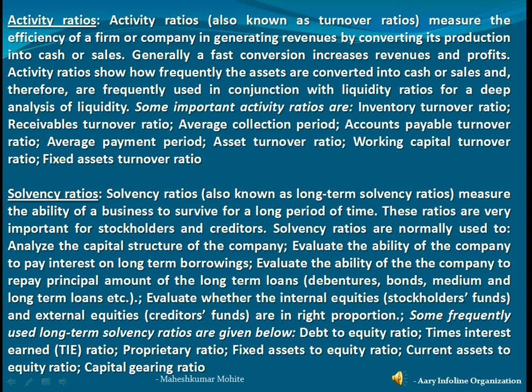Solvency ratios are normally used to analyze the capital structure of the company, evaluate the ability of the company to pay interest on long-term borrowings, evaluate the ability of the company to repay principal amount of the long-term loans, debentures, bonds, medium and long-term loans, etc., and evaluate whether the internal equities, stockholders' funds, and external equities, creditors' funds, are in